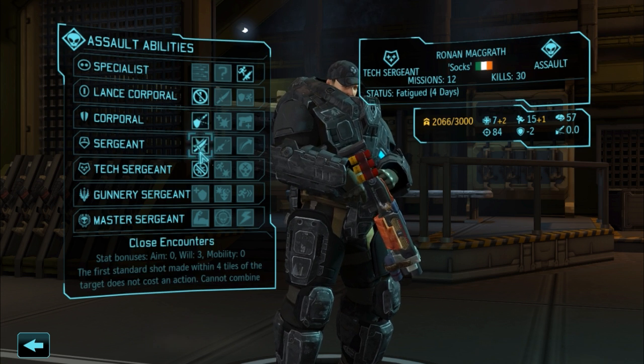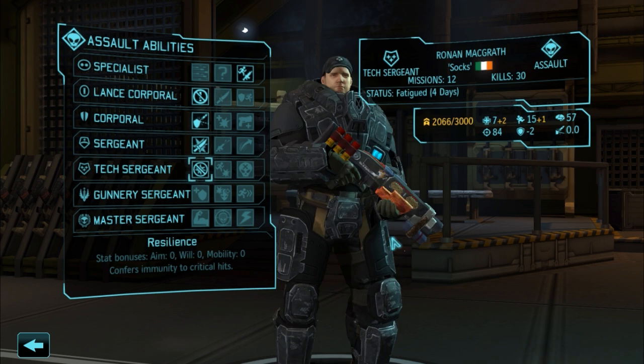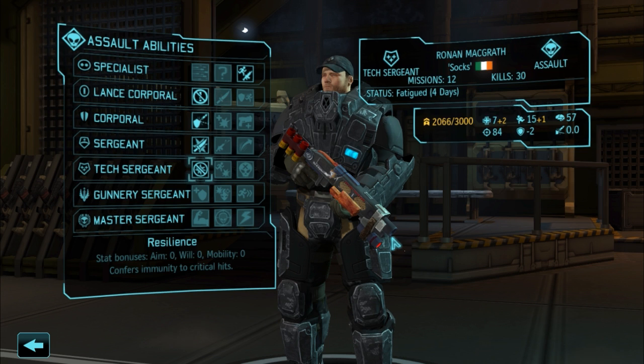Steadfast, will to survive. Close encounters even gives will, and yet he's still below 60 at Tech Sergeant, which leaves a bit to be desired. But once he starts getting psi ranks, he'll be all right. So now Ronan can't get critically hit anymore, which is very good. He's got pretty good health too. Not bad, but he could stand to use a little more. So hopefully in the next two he'll get